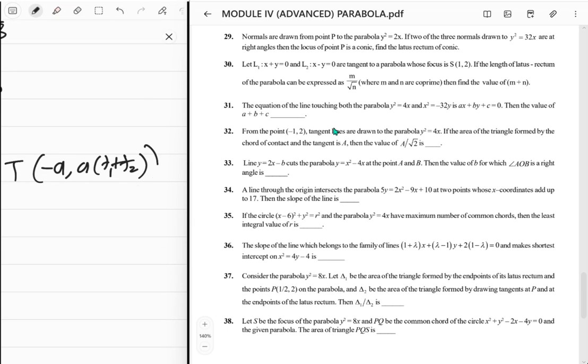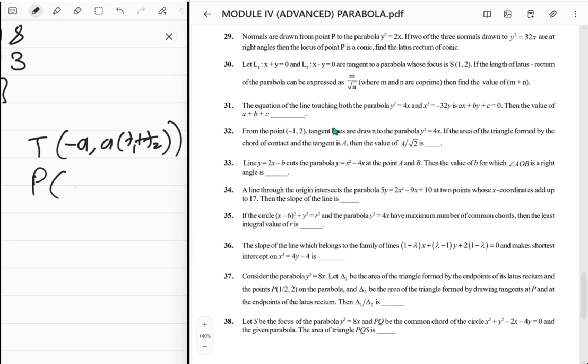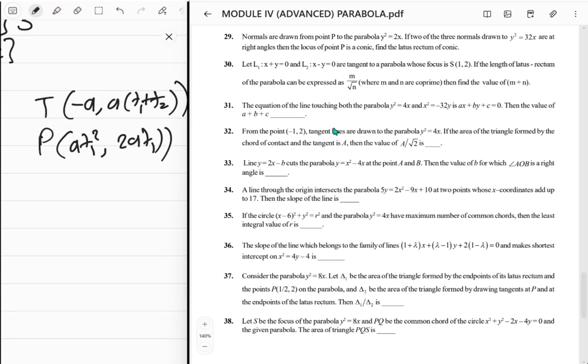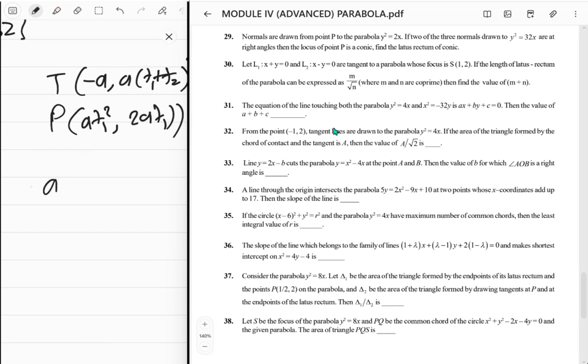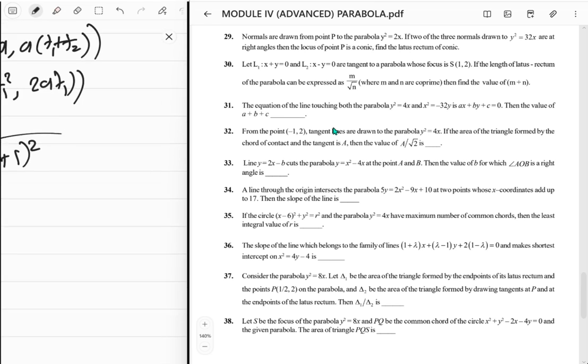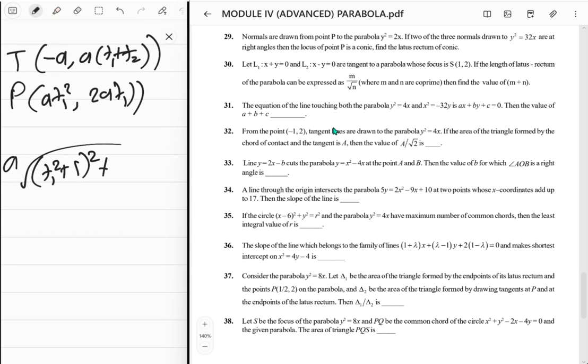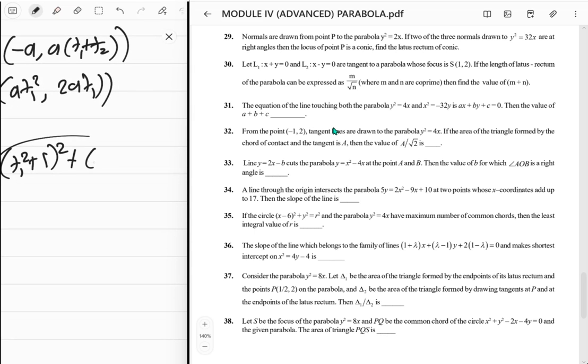And let us say one of those points, let us say p, that was (at^2, 2at). So what's the distance between these two? So what's tp? That's going to be a, just take that a out, square root of (t^2 + 1)^2 plus, so difference of these guys, right? (t1 - t2)^2,